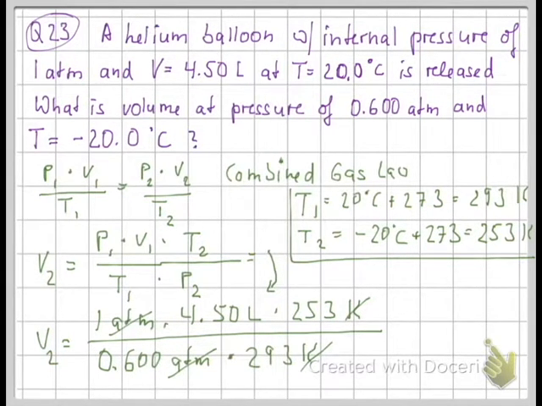Let me see. 4.5 times 253 divided by 0.6 divided by 293. I am getting something incredibly bogus. Must have gotten twitchy finger syndrome here. 4.5 times 253 divided